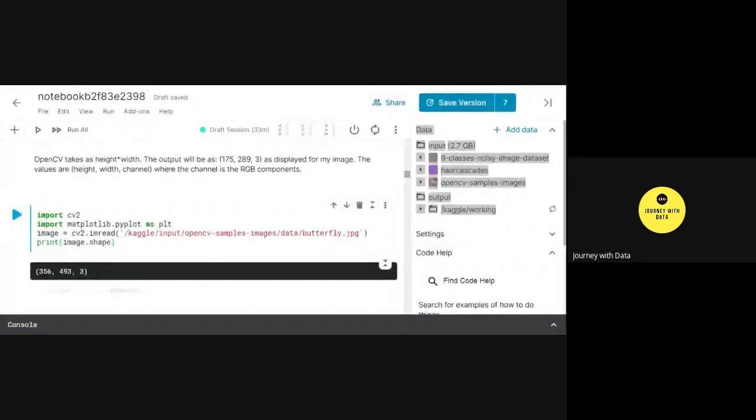The reason the shape method is important is that many times you have to perform certain transformations on images. For example, you'll have to crop an image, rotate an image, maybe flip it. To perform all these kinds of transformations, you require the dimensions. You should know the height and width, to what extent you should crop your image, and to what degree you should rotate it. So for all those transformations, the height and width, as in the dimensions of the image, are very important.